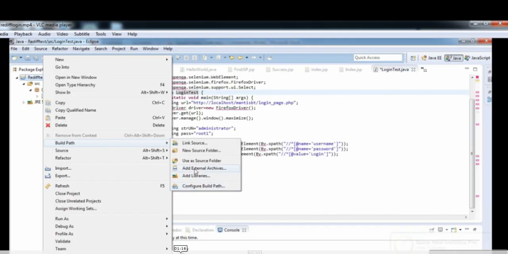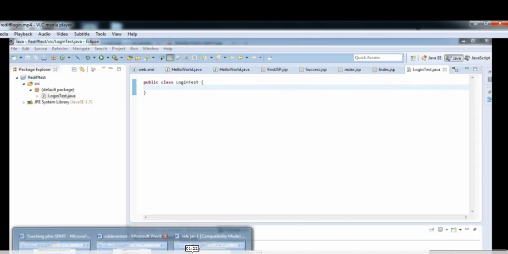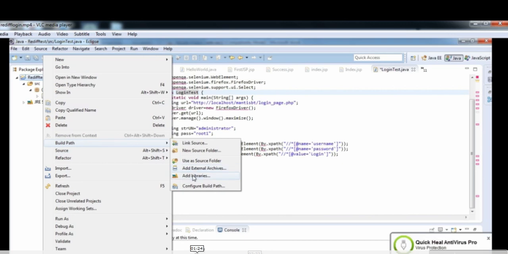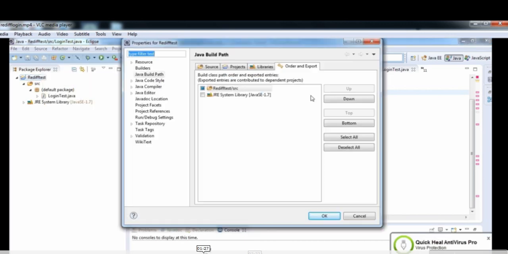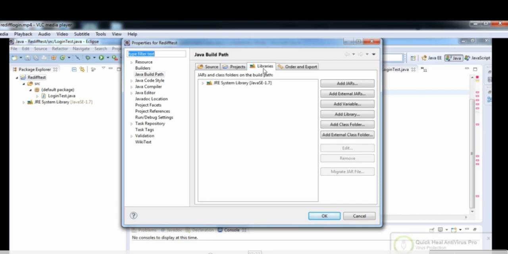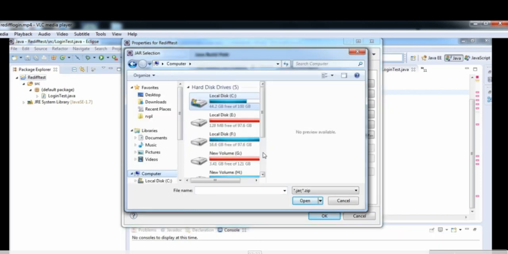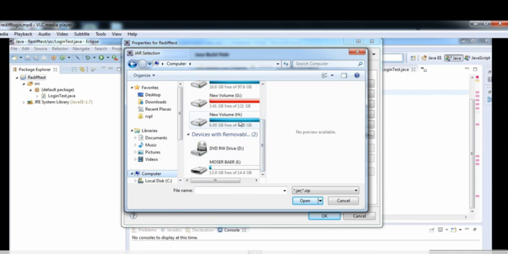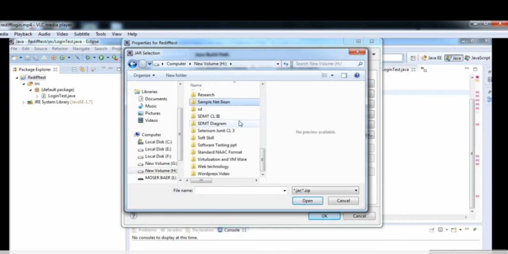code. Basically I am using Selenium for the testing, so it is required to add a Selenium jar file to my project. So I have right clicked on my Rediff test project, and after right clicking I have clicked on build path, and in the build path I will be configuring the build path. After clicking on configure build path, I will be locating the jar file, the library I am adding. This jar library is stored in my computer, so